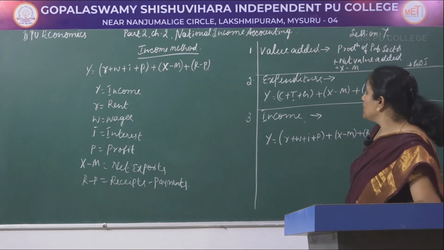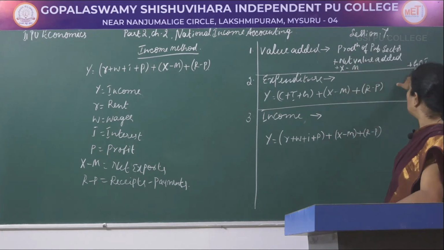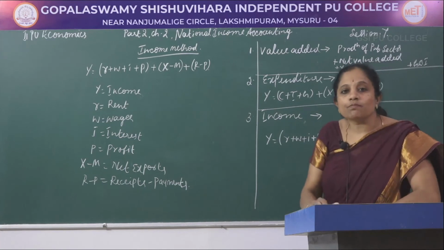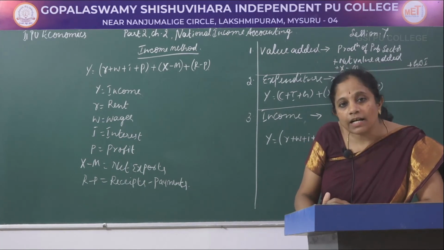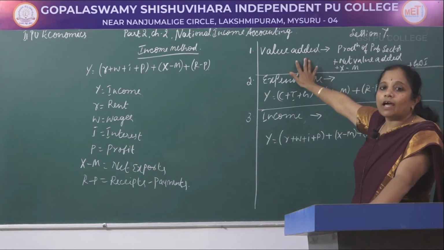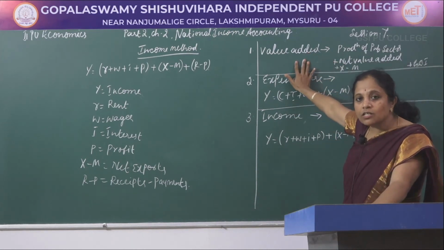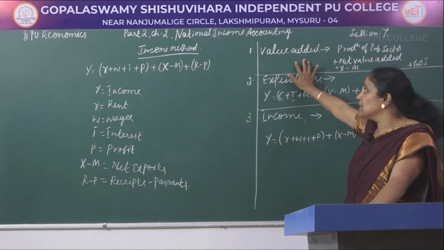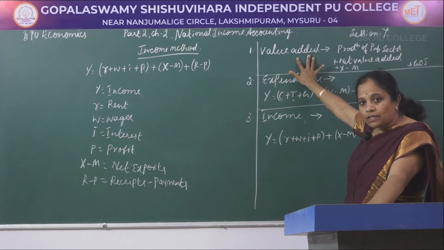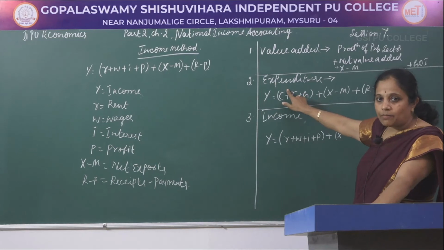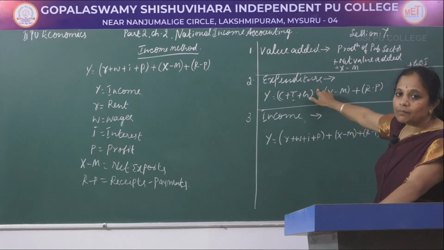Now let us see about the GDI, that is gross domestic investment, the local investment made for infrastructural activities, which is also considered in the value added method. Therefore, the value added method takes into consideration the total products generated by both the private sector as well as the public sector, and is also called the output method or the product method. The second one is the expenditure method, that you have learnt already in the previous session.